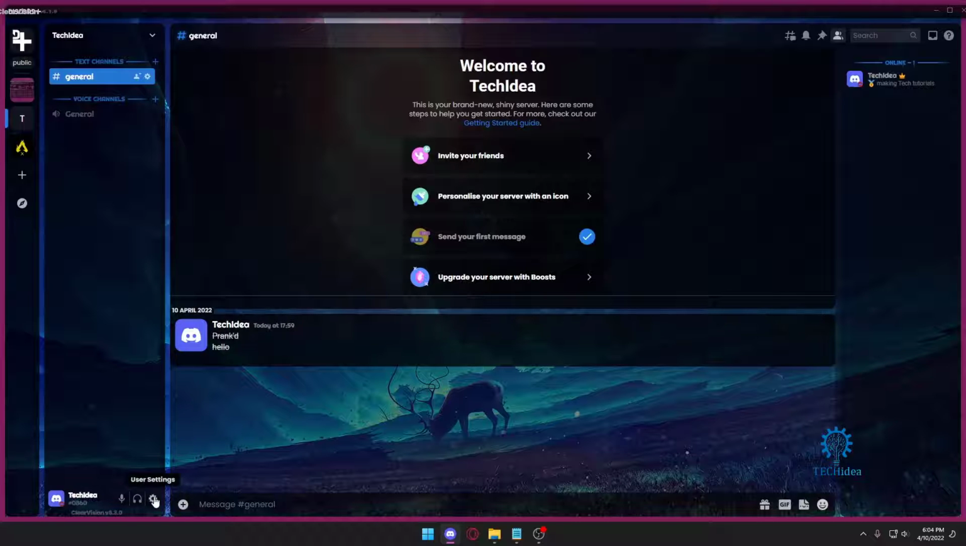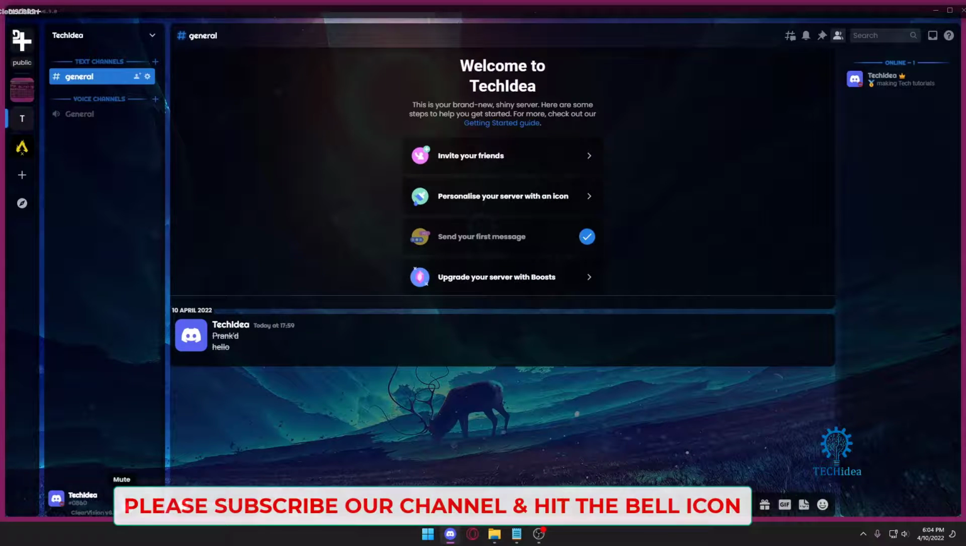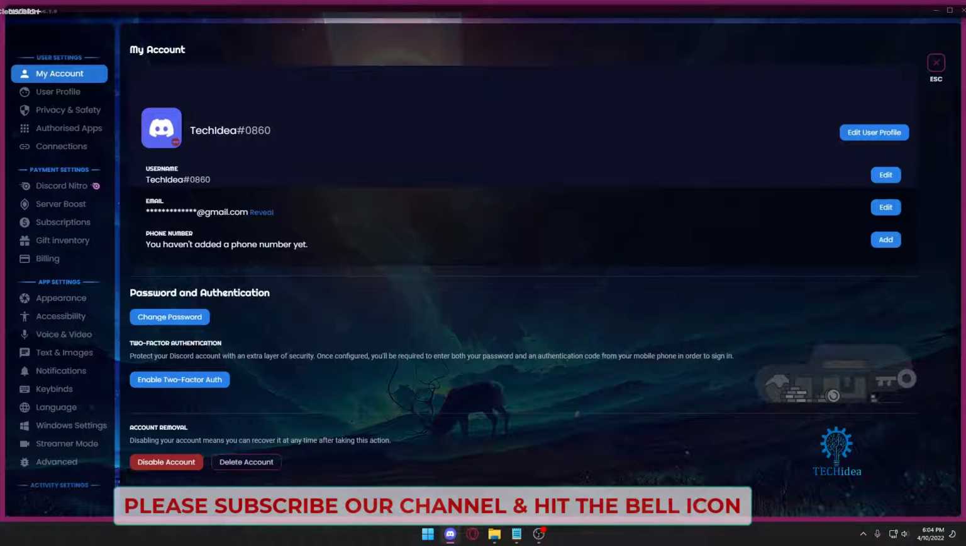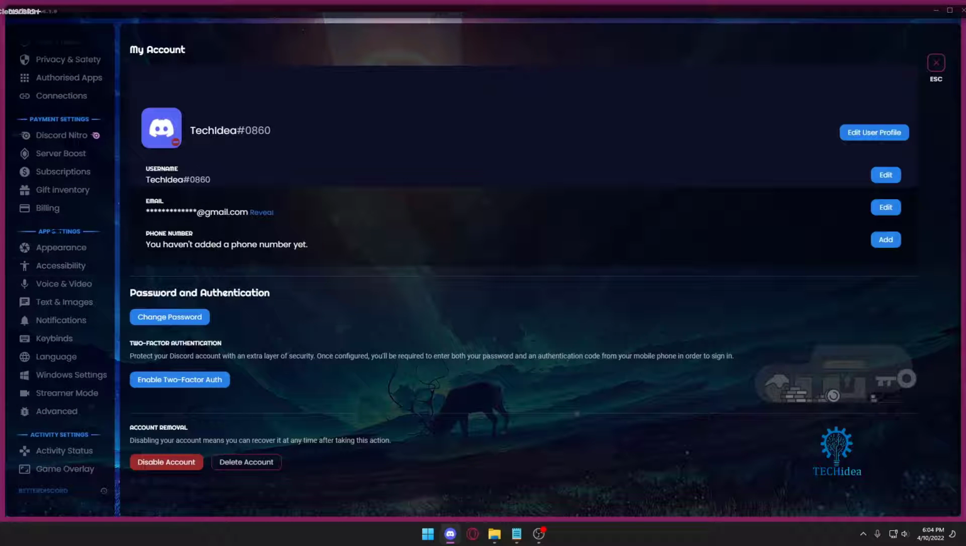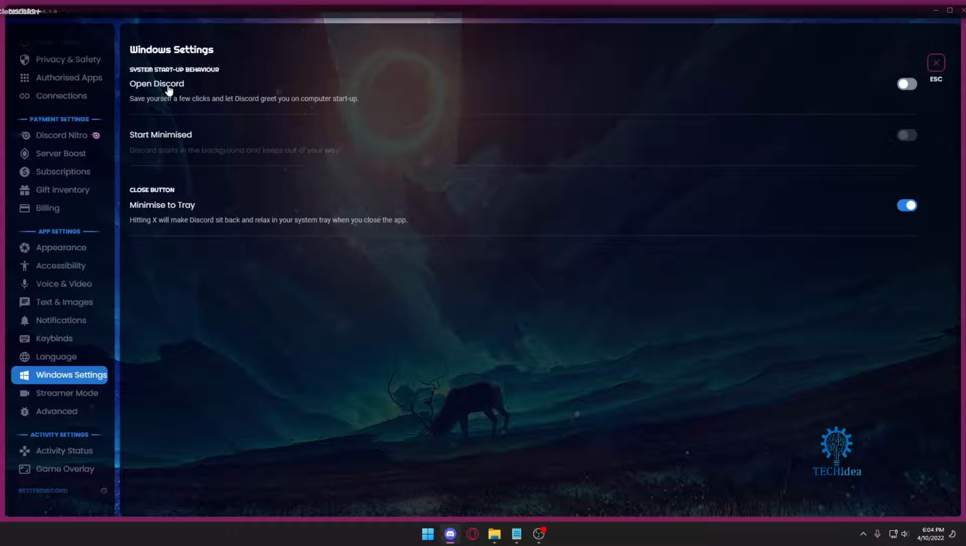After opening, you want to go to settings, which is right beside mute, deafen, and then you got user settings. You want to press on user settings and you want to go to this page. Next, you want to scroll all the way down to app settings. Over here, you'll see something called Windows settings. In Windows settings, once you press on this, you'll see